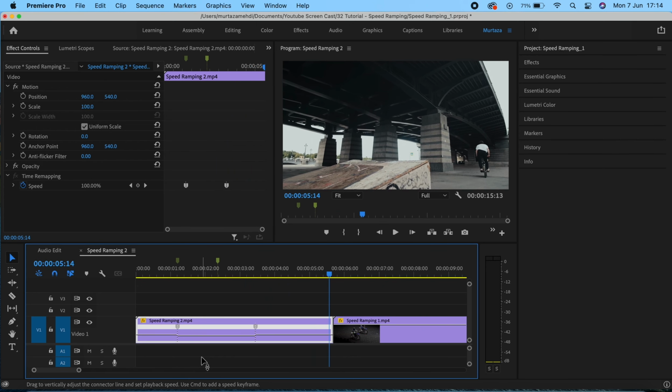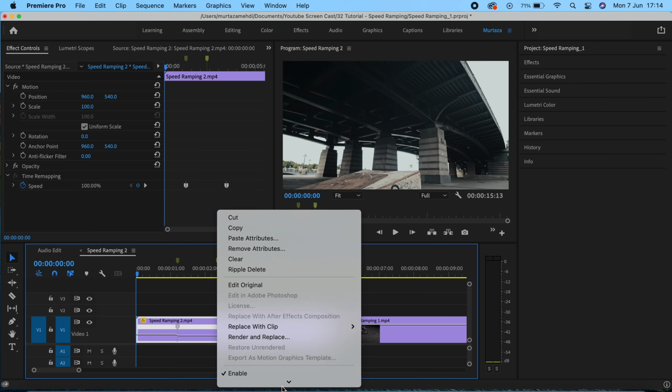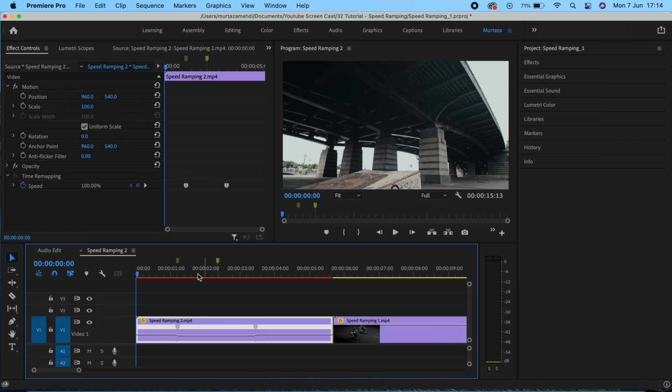Okay, so we've got our slow motion effect, but it's very choppy, and in order to bring that smoothness in, I'm just going to right click on the clip and go to the option time interpolation and then choose optical flow. We now have this red line on our clip, which we know from the previous tutorial is just Premiere's way of telling us that it may drop a few frames when playing it back,